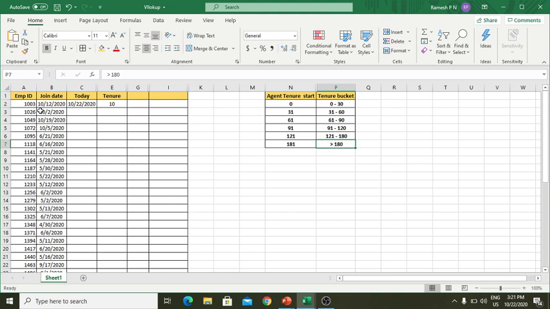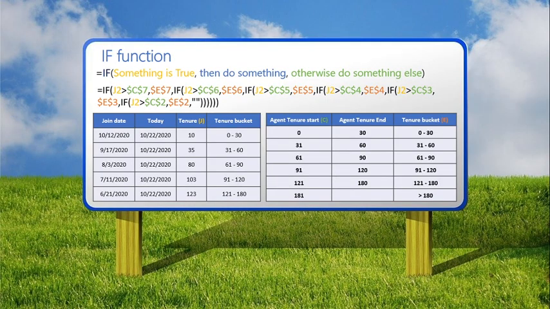Before doing this, I can use the IF function by saying if this tenure is greater than 120 days, give me greater than 180, and so on. I calculated the tenure in column J, and I used the C and E columns as reference columns for the tenure table.